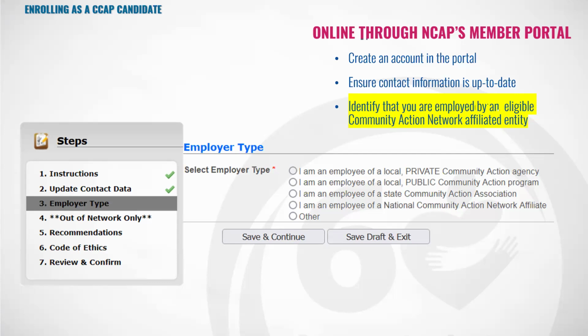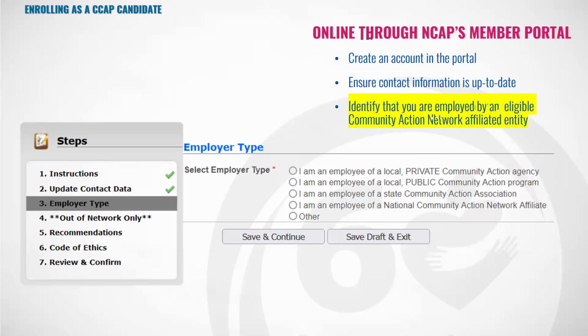In this section, you're going to identify your employer type. CCAP is not open to the entire world. You would need to be an individual who is employed in the Community Action Network.